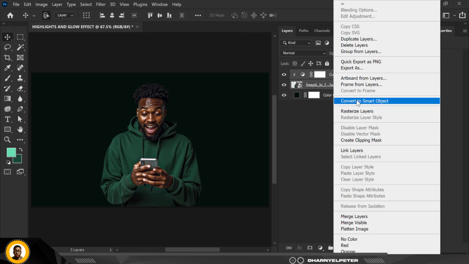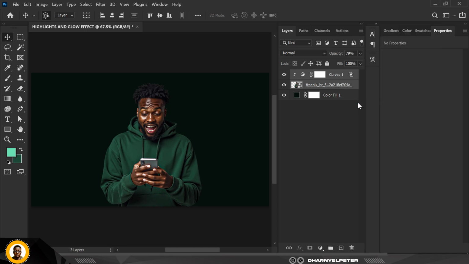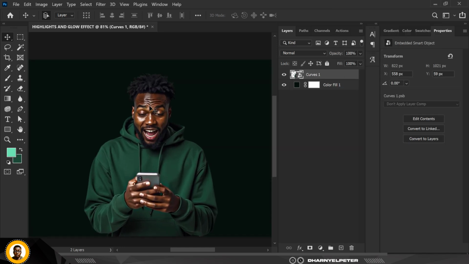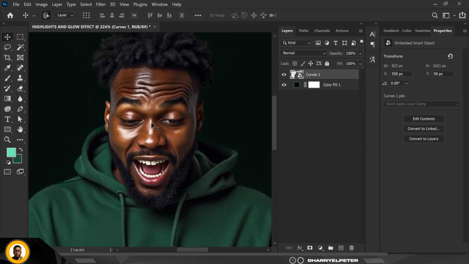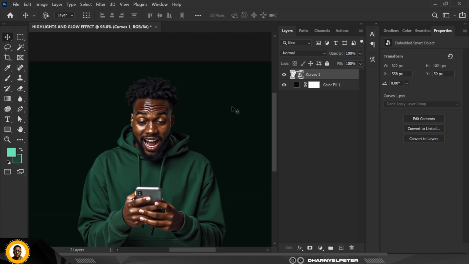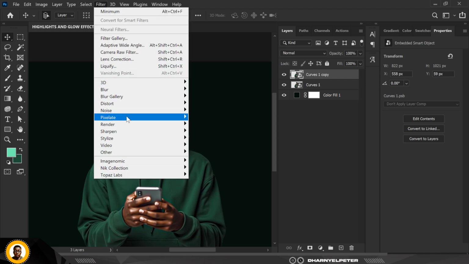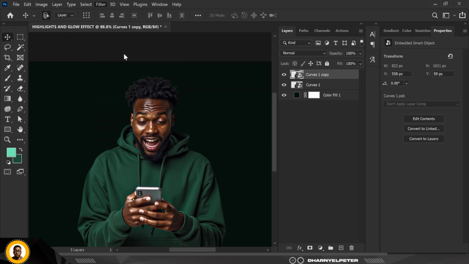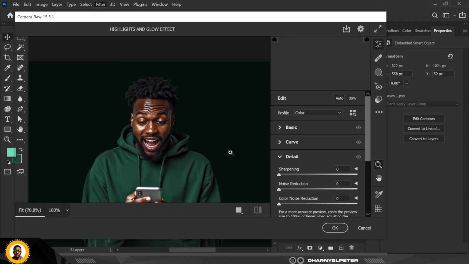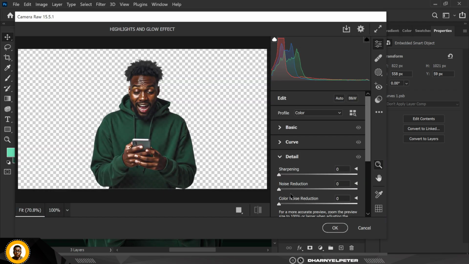Okay, select the two of them and convert them to smart object again, just like this. Okay, so let's add some more effect to this, like the skin. Let's make it smoother. So Ctrl J and with this one selected, go to camera raw filter. I just made a duplicate copy of the image, that's all I did, and increase this noise reduction like this,